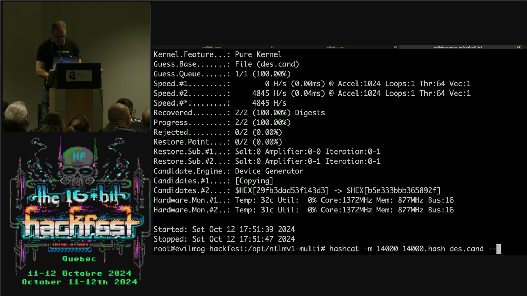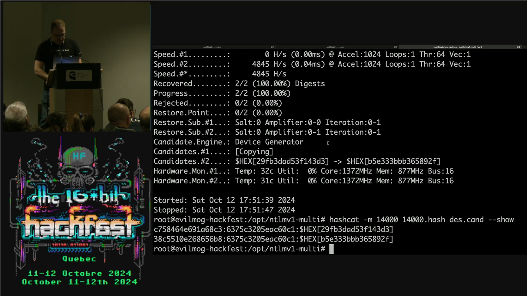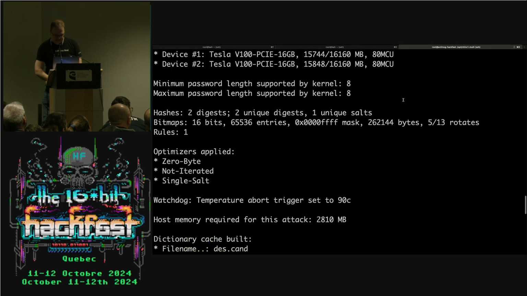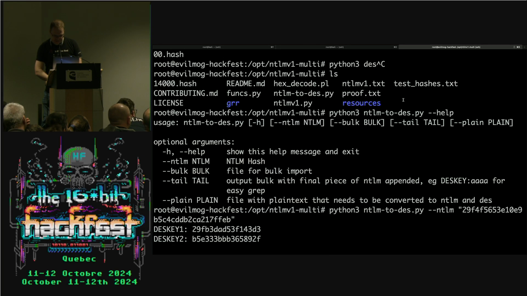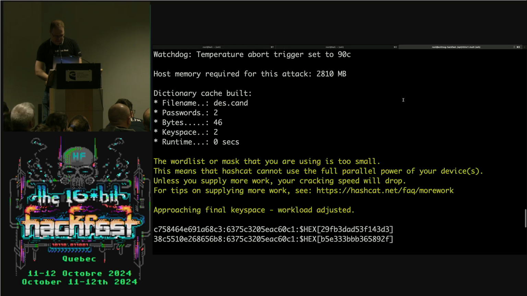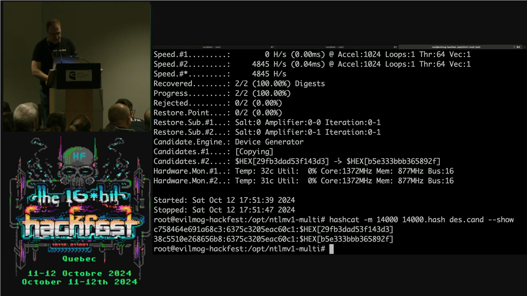We're going to go DAC show. And what you'll see here is it output the first DES key that we have cracked. And it's way different from the NTLM hash we pasted in earlier. Anyways, the important part is we'll take this portion number 1. We need to use hashcat utilities to convert this back into an NTLM key.